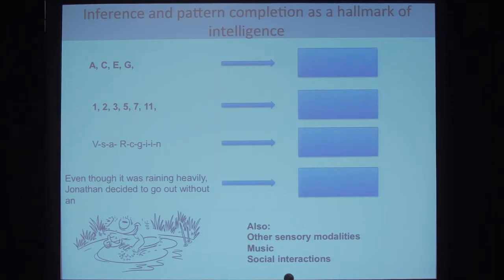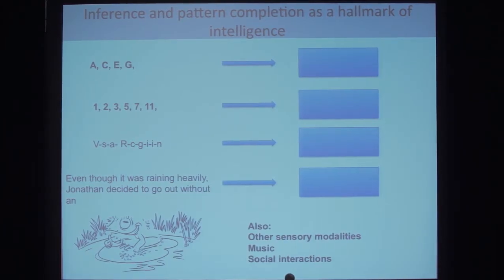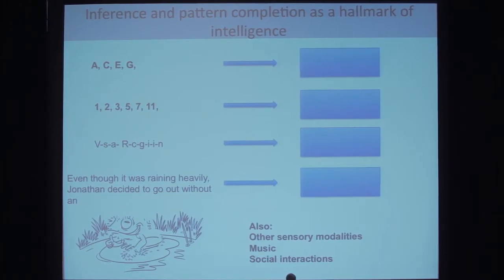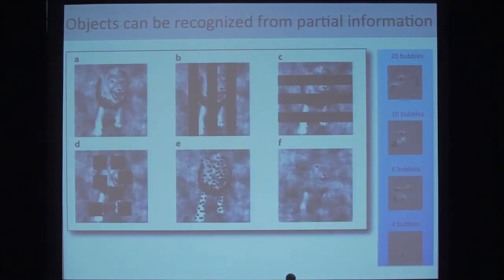Here are just a few examples where people can complete patterns in the context of sequences of numbers, or the famous connected dots kind of game. We use pattern completion in social scenarios. From a second of interaction with a person, we can read them to a first degree reasonably well. We do pattern completion and extrapolation from partial information all the time. I'd like to focus today on the question of pattern completion in the context of visual processing.